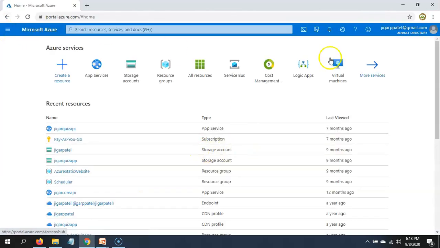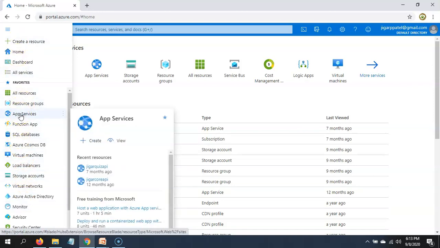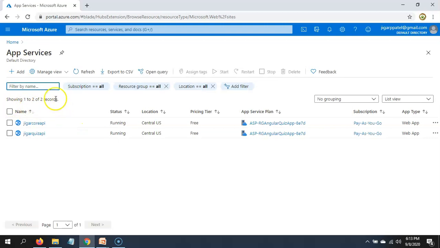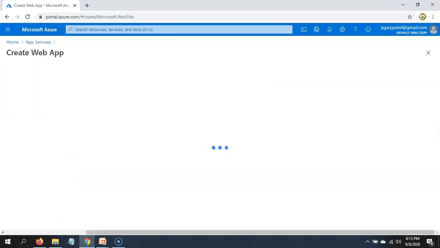Okay, so we are logged in. Now in the left side, click on app services to create app service to deploy ASP.NET Core application. After that, click on add to create app service.